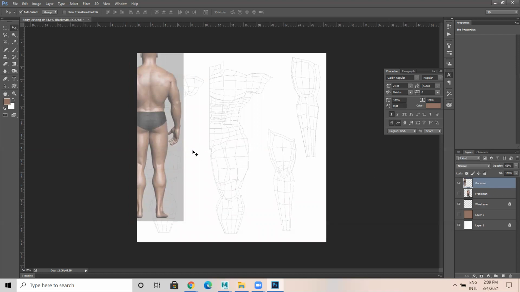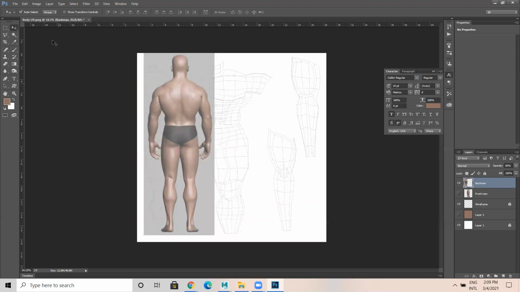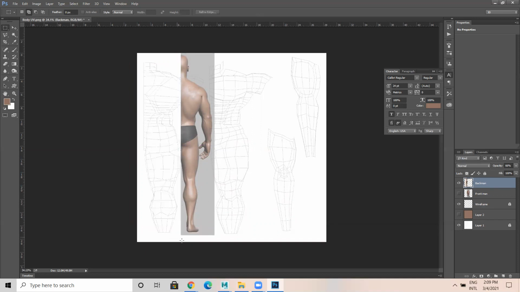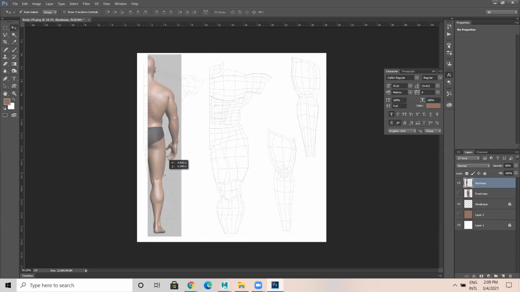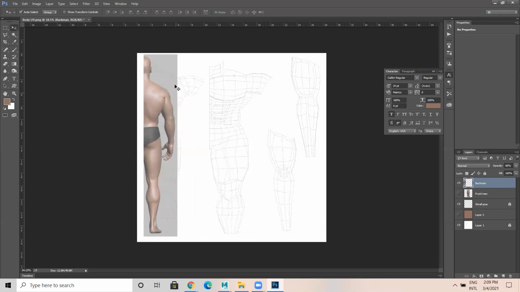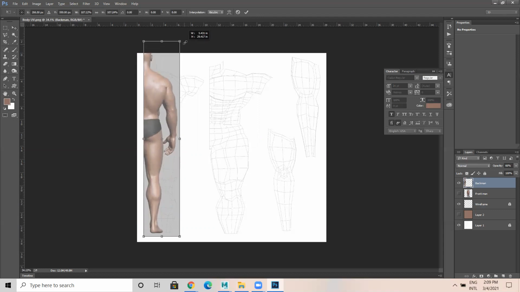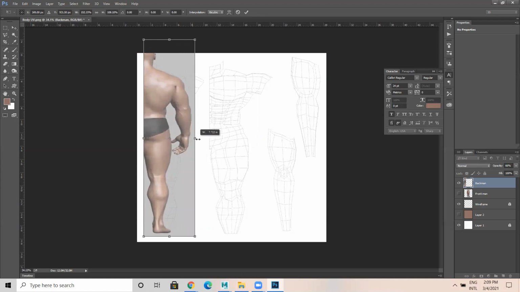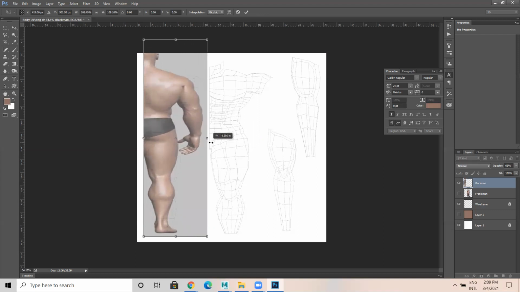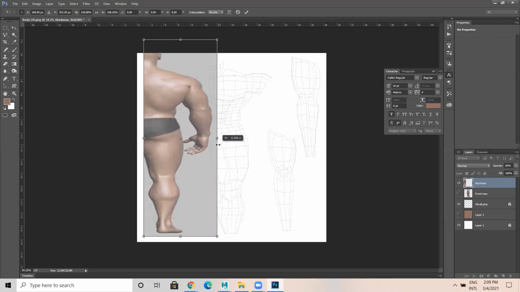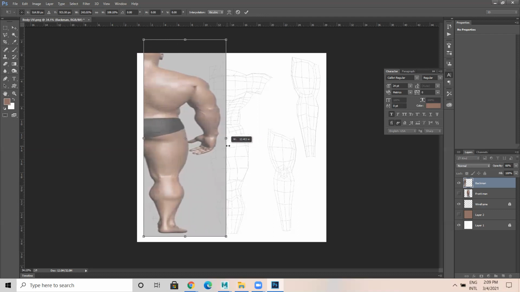We need to cut this into half because I have only half image, half UV. I'm gonna delete this, Control D. Okay, after this, Control T. There is no head part, so up to the neck part I'm gonna keep, and I'm gonna increase up to here, like this.